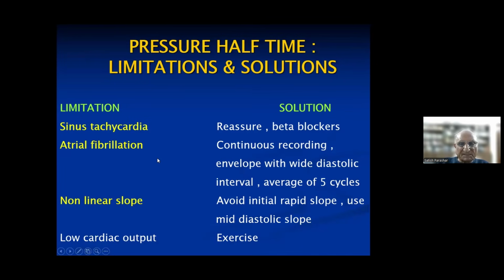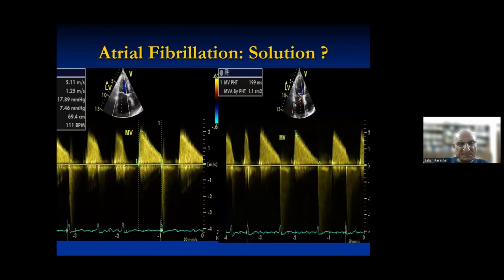The second problem we always face is atrial fibrillation. Atrial fibrillation is very frequently seen as a complication of mitral stenosis. Now, in atrial fibrillation, the heart is moving in very rapid and irregular phases. There may be no A wave, and some slopes are very wide, some are narrow. So you cannot find out anything here. You cannot find anything here.